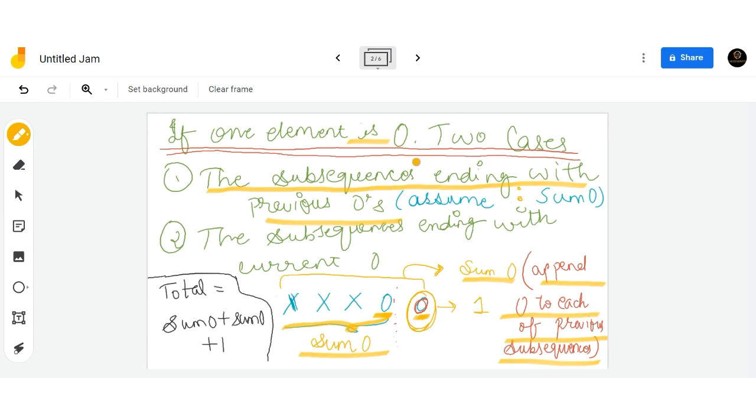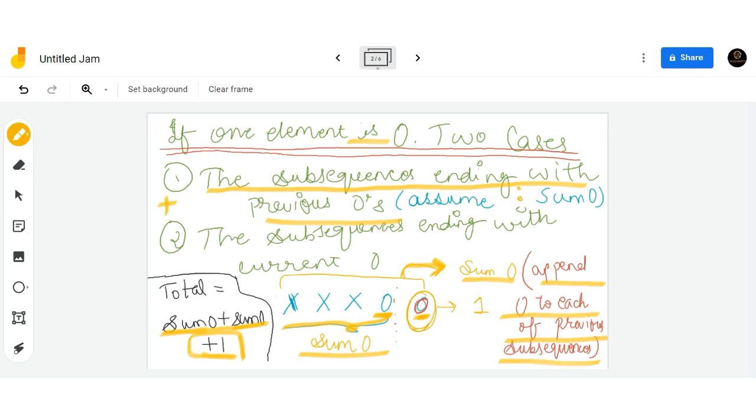Okay, so the total number of subsequences will be sum 0 plus sum 0, and we will also include plus 1.